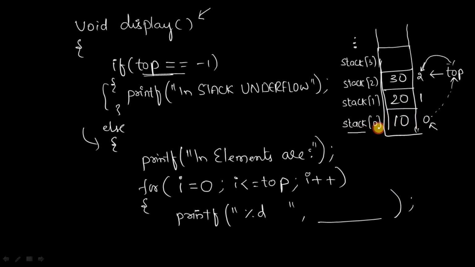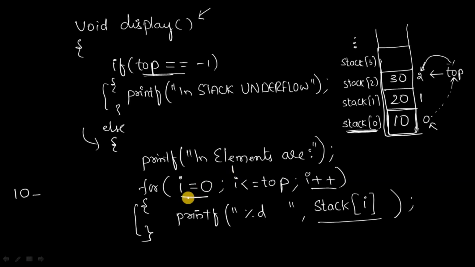So, this 10 is in this box, and this box is identified by the name stack of 0, right. So, first of all I will write stack, and how can I get 0 here? Yes, initially 0 was stored in i. So, I am going to use i here, right. Now, first of all 10 will be printed on the screen, after that some space, and next i plus plus, i value becomes 1.